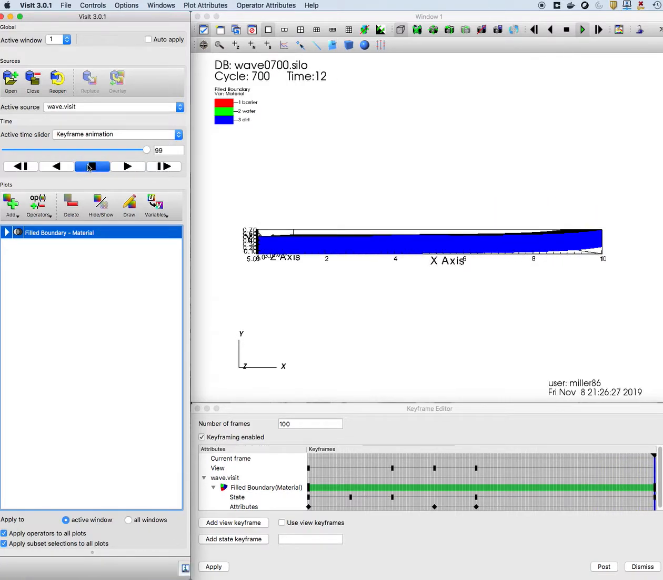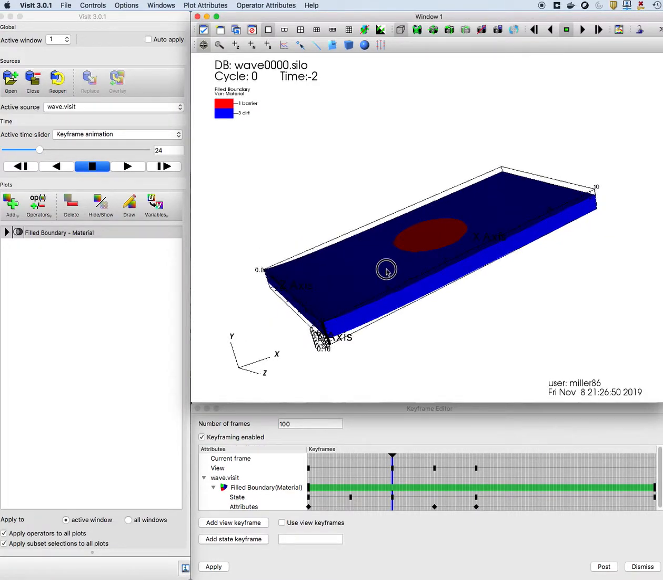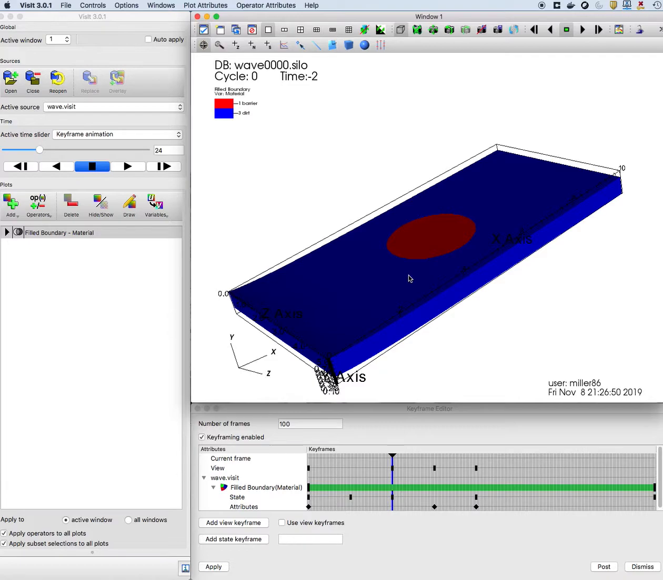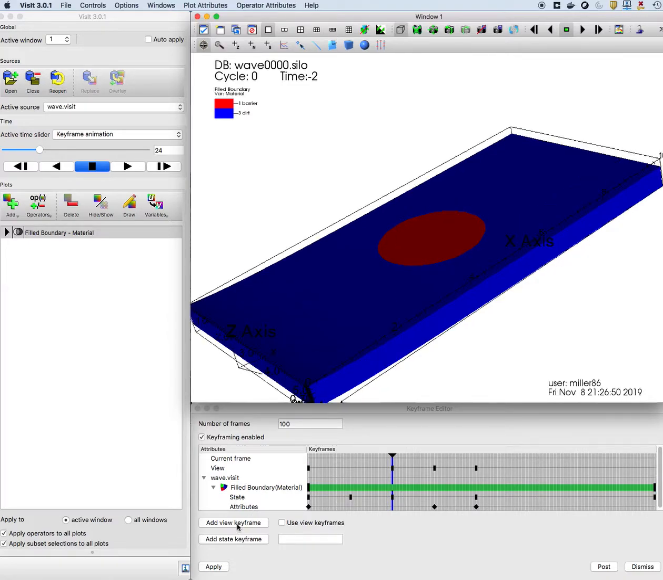So let me go back to state 0 here. I want the view to start changing here, so let's do this. Do 24 is where I want to start that at, I think, right? Yeah, that's 24. So I want the view to start changing there. So let's do this again. I'm going to start the rotation and a couple of zooms, and I'm going to say,